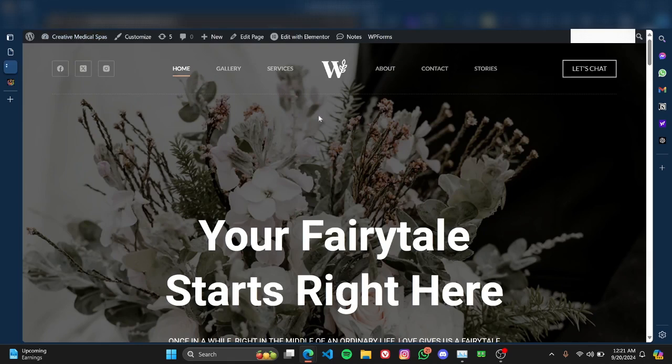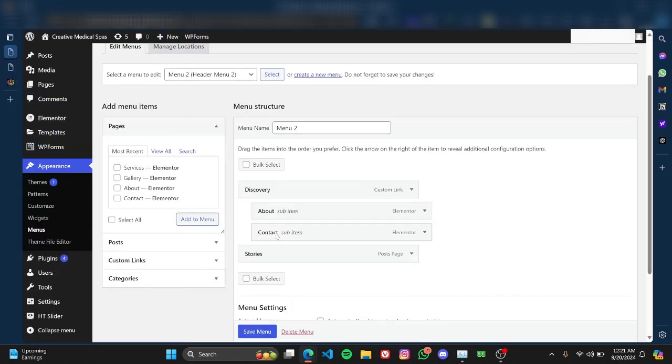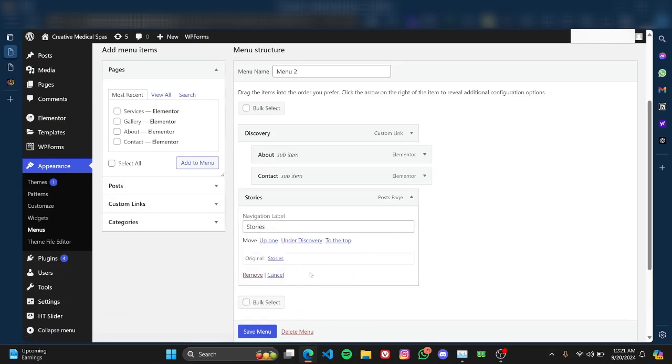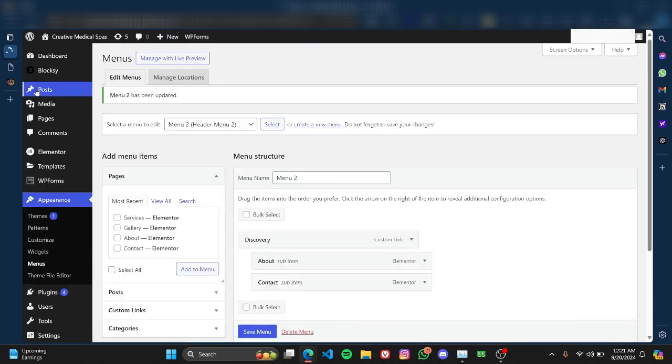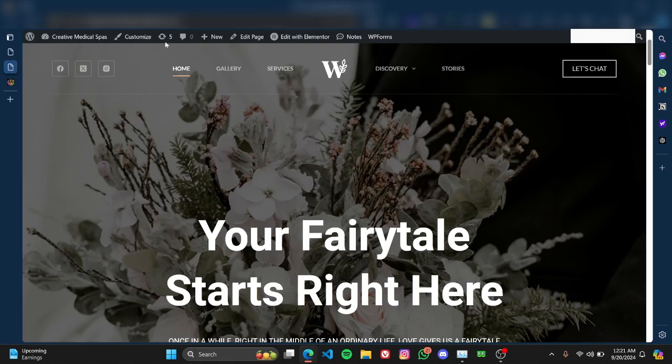Now if I refresh this, now I see discovery, and I now have about and contact as a drop down underneath that. So if I click discovery, it still doesn't take me anywhere because the links are now underneath it. So I'm going to go back. And like I said, I actually don't want stories, so I'm going to remove that as well. Save menu, go back,